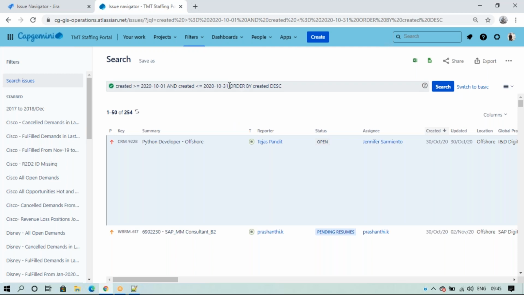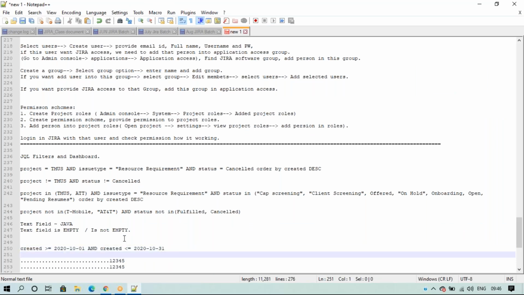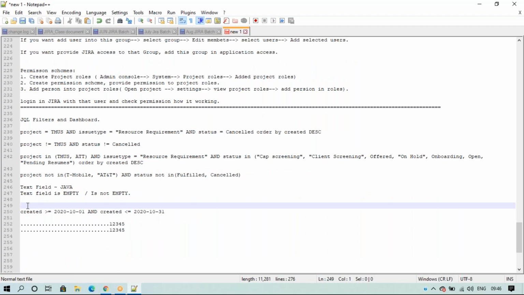And date-wise we can also have it like this: equal to minus 4 days.